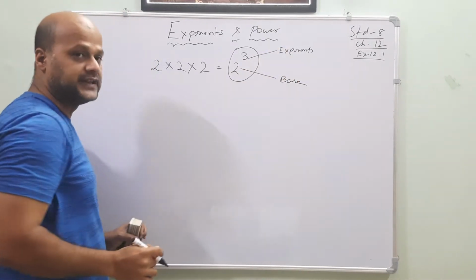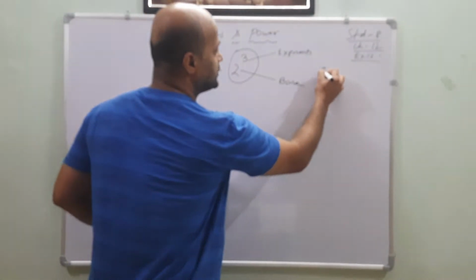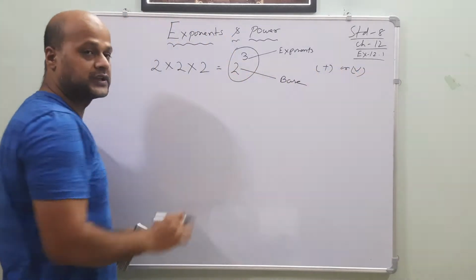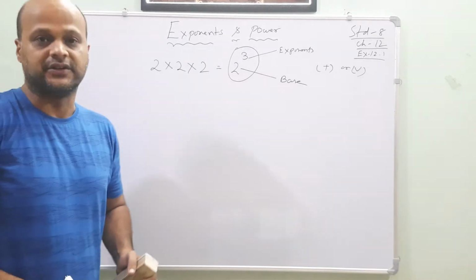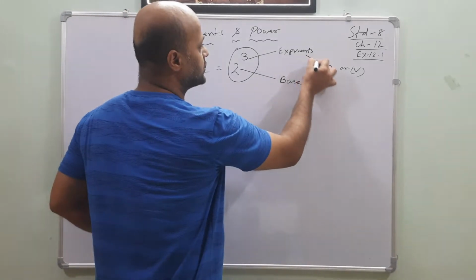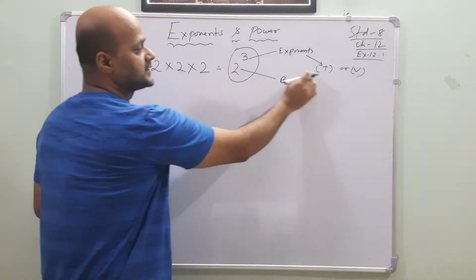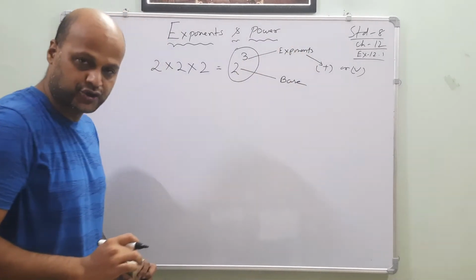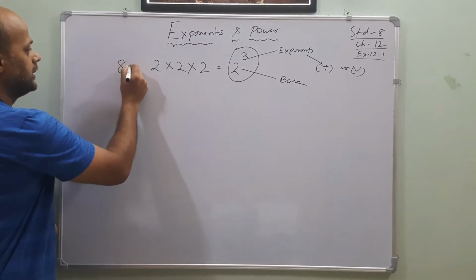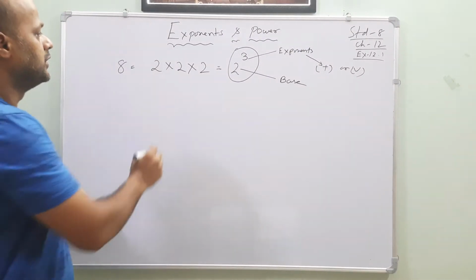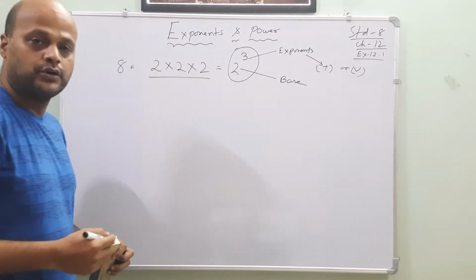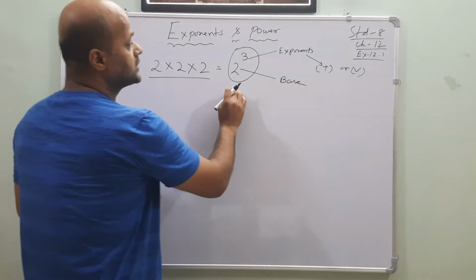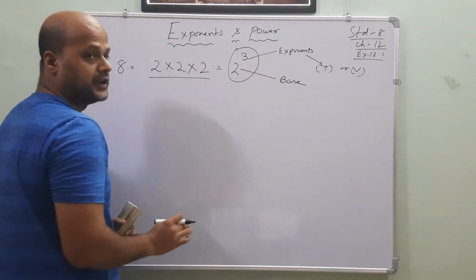Which exponent is it? Means, is it positive or negative? You have to find these two. Here 3 is plus 3 or minus 3? It is plus 3. Very good. So I will say that the exponent is 3 and the sign of the exponent is positive, a positive exponent. Understood my dear friends? So 8 can be written as 3 times of 2, and it is written as 2 to the power of 3.